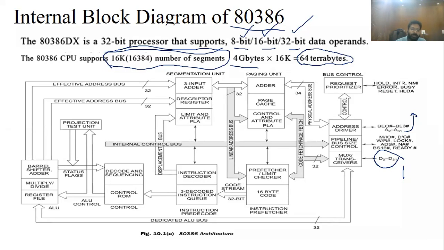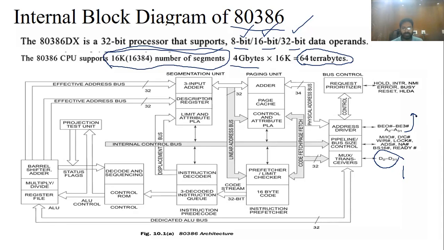Okay, you just remember this diagram also. In the examination they can ask for some salient features of the 80286 microprocessor or the 80386 microprocessor. You just write the architecture organization of that microprocessor, the memory size, the bit size, the segment size, and how many different segments are available. When you write that, it is very much sufficient to score the marks.